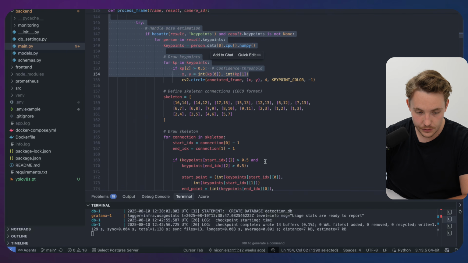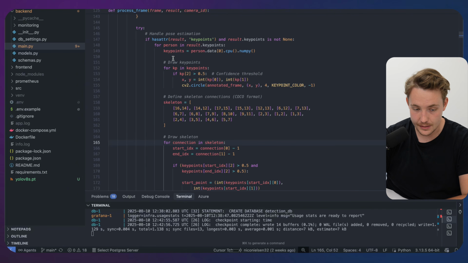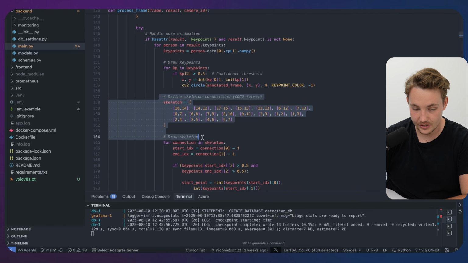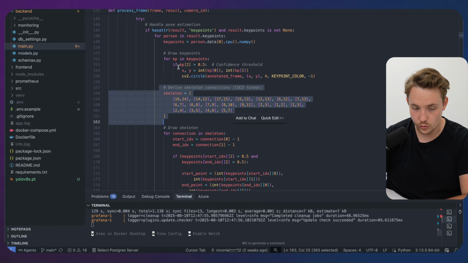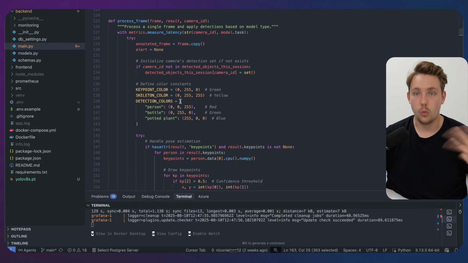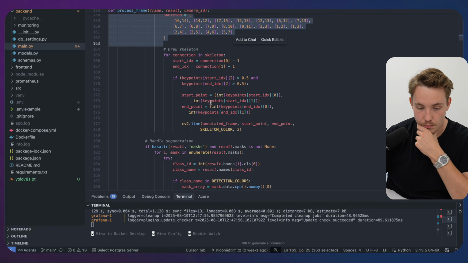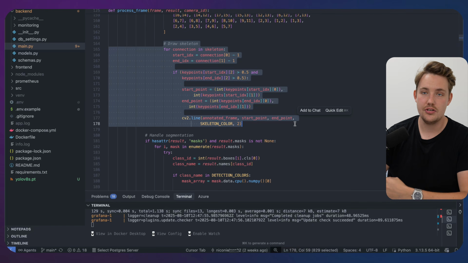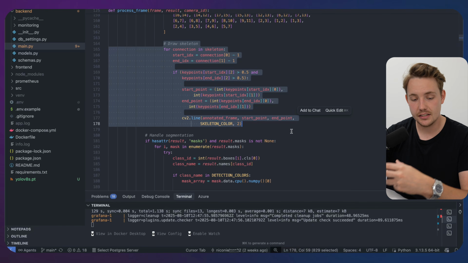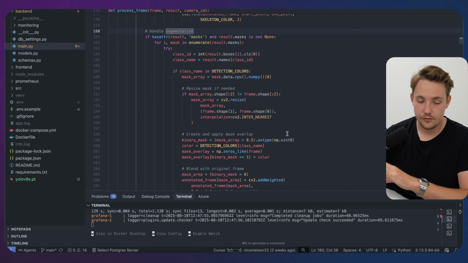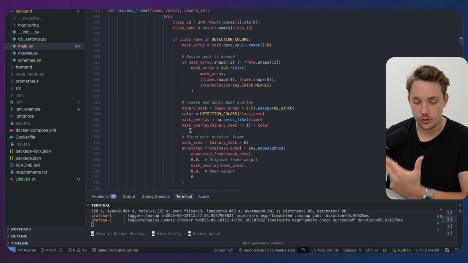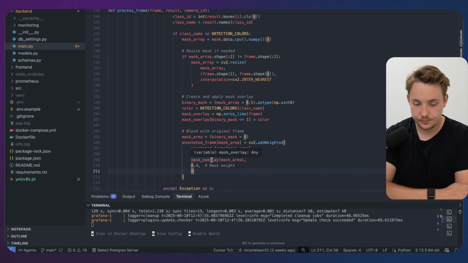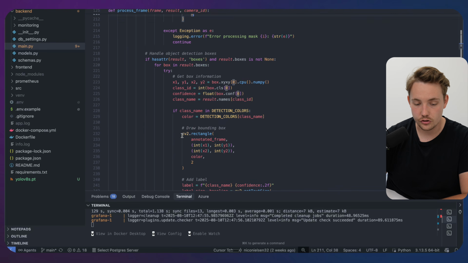So let's go through some of the things that we're doing here. So this is for keypoint detection. If we want to handle pose estimation, we're going to get the points in our skeleton. We just loop through all of them. This is once we get our detections from the YOLO model. Now we're just going to draw our skeleton. You can do calculations based on the key points that we're detecting. Right now we just visualize it, throw it into our database, but you can do whatever you want with it, with our key points, with our segmentation mask that we get out, and also here at the end, just object